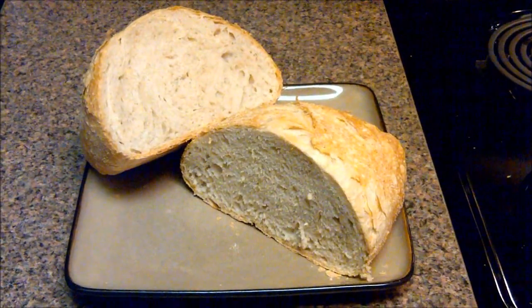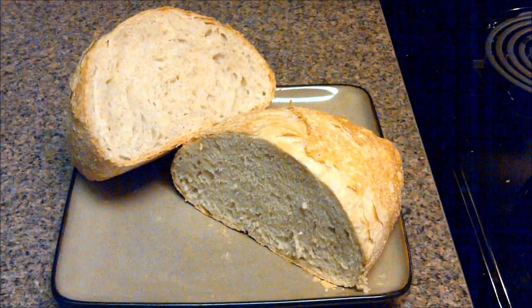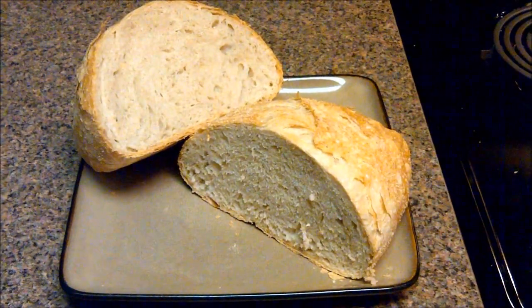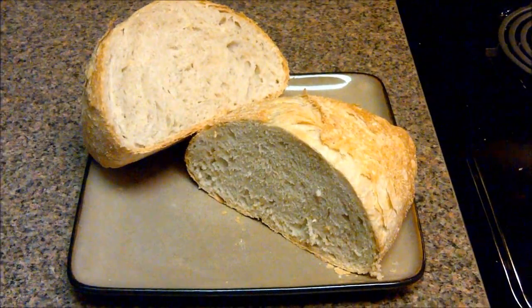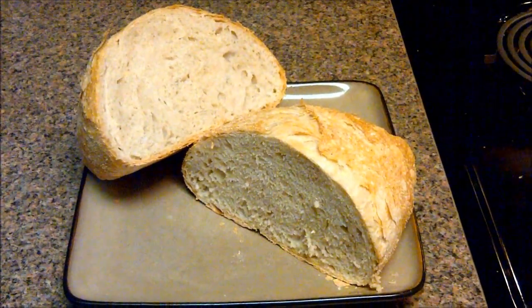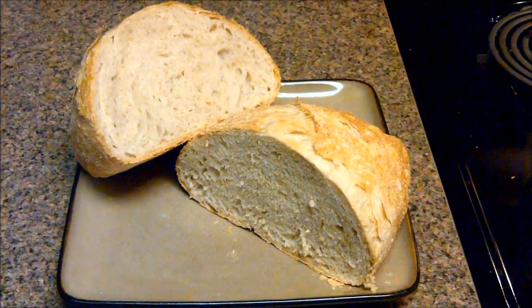It's quite easy to slice, and sourdough bread is actually very good for you. It's one of the best as far as digestion is concerned. You can see the rough edges of the crust. Oftentimes you can score that before you cook it, and it helps vent a little, but I just like